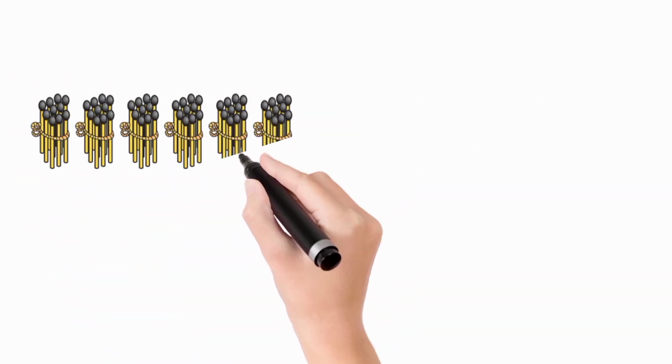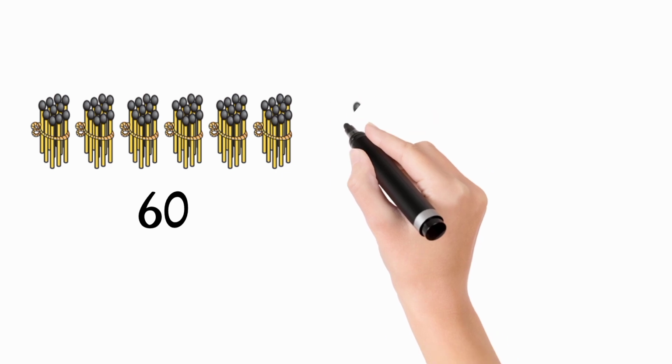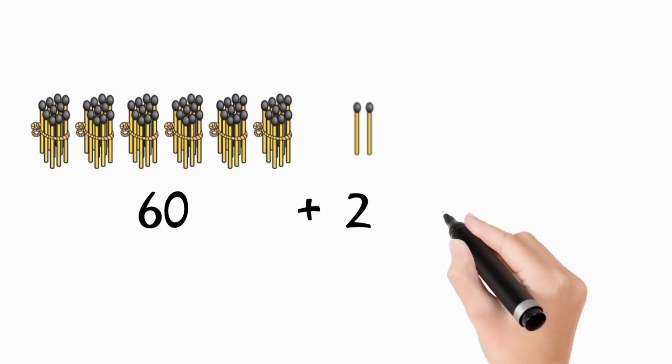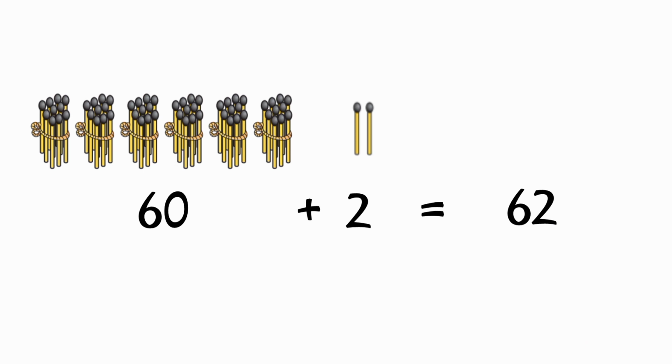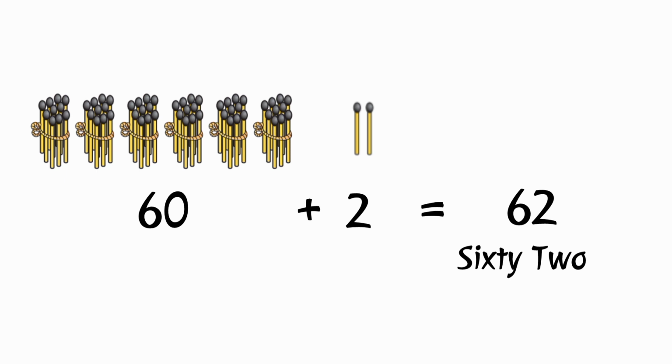Here we have 6 bundles means 60 and 2 loose matchsticks. So 60 plus 2 is equal to 62. 6 tens and 2 ones, 62. इसे 62 कहते हैं।